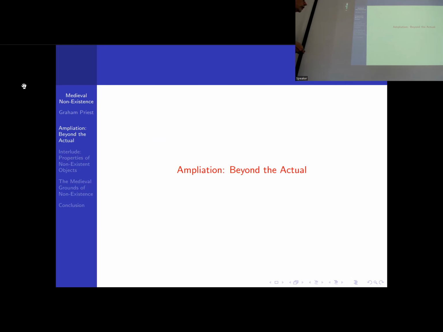So we are in the late 13th, 14th century. So this is the high era of medieval logic, and it's a fabulous period, very sophisticated. There are all sorts of debates going on, as there are in contemporary logic, but there is a kind of orthodoxy about many matters, including the topic that I'm going to talk about, which is ampliation. I'll tell you what that is in a second. But